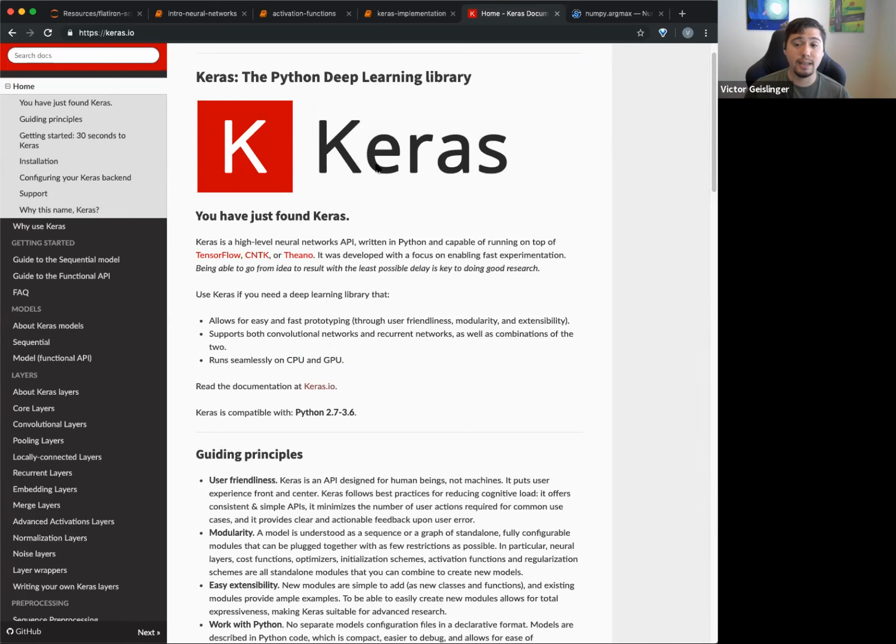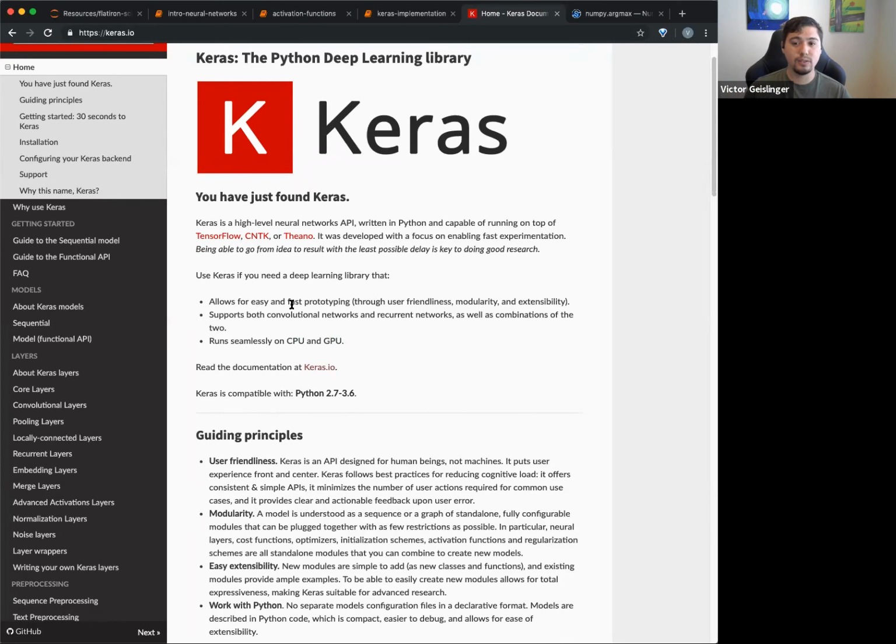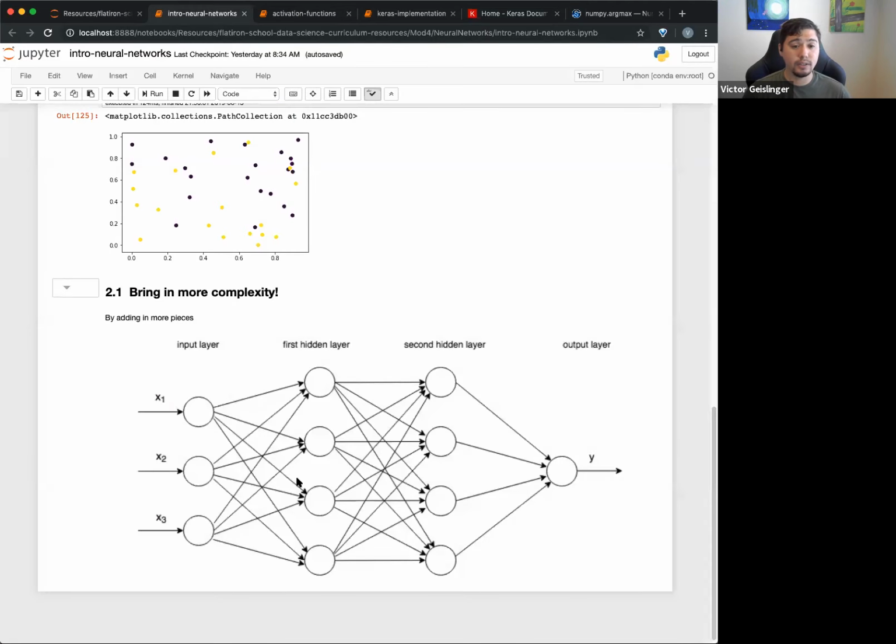So Keras is really nice in that it allows you to build things relatively quickly and easily. And what's interesting, you'll hear about fast prototyping. The big part of neural networks is not necessarily the learning rate or the activation function, all these things. A big part of it is just figuring out what the structure is going to look like. So this allows you to very quickly prototype it.